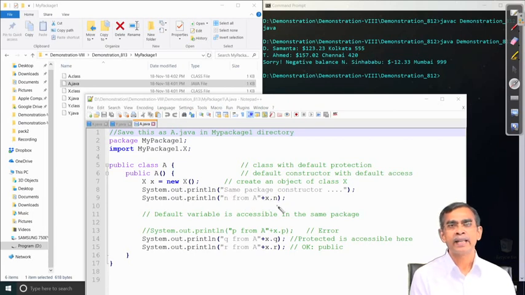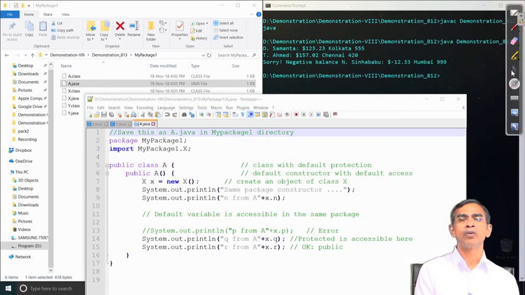Now, come to x.p. It is not accessible via A, because P is private. So, it is an error. However, protected is also not accessible, because A is not an inherited class here. It is an X object, and through it the protected member cannot be accessed. Public is accessible. So, this completes the working of the different classes in my package 1.